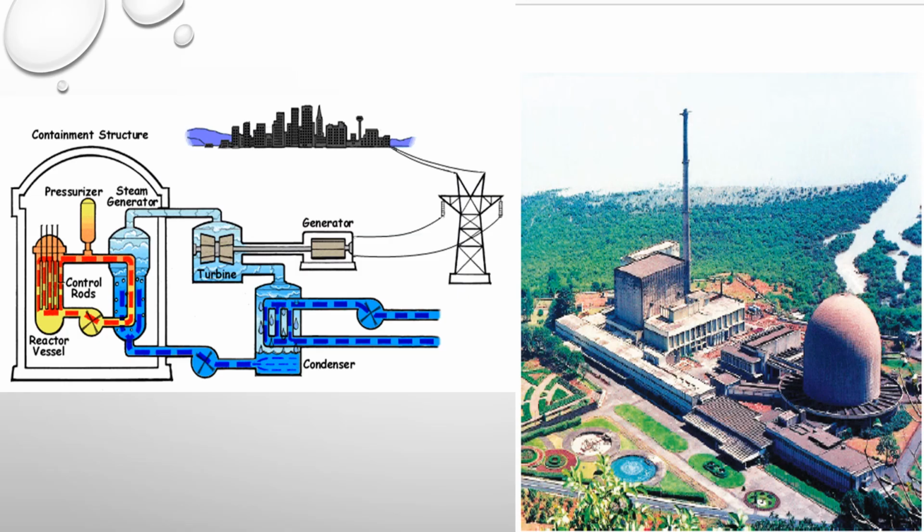Nuclear reactors. A nuclear reactor is a machine that generates electricity by using atomic energy. The first nuclear reactor in India is in Mumbai, called the Bhabha Atomic Research Center, which uses the nuclear reactor to generate electricity.